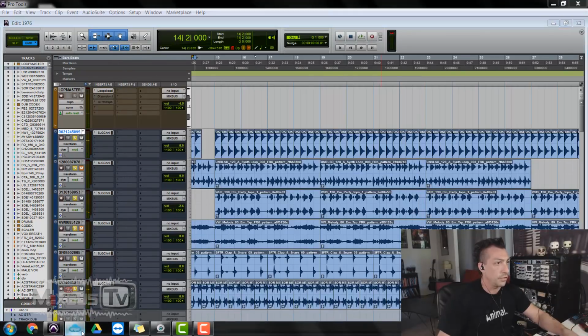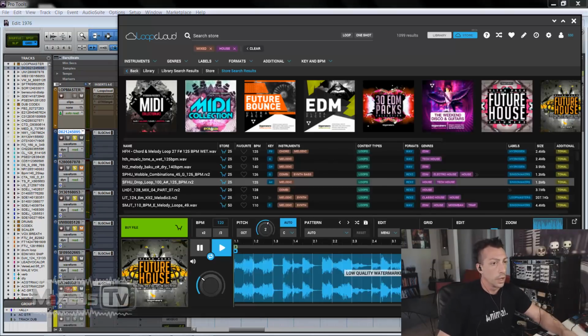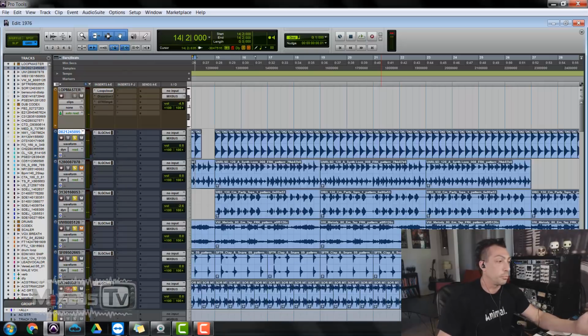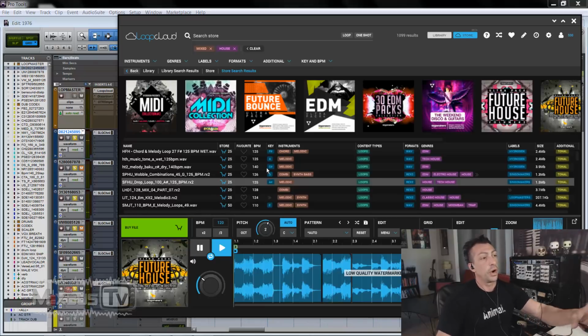And of course, even for the sounds that are in the store, you still have available the option of chopping them before buying it. So at this point, if you want the sound, you're already in the store, you just buy